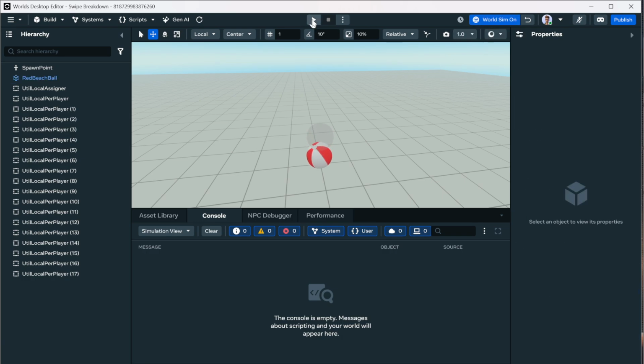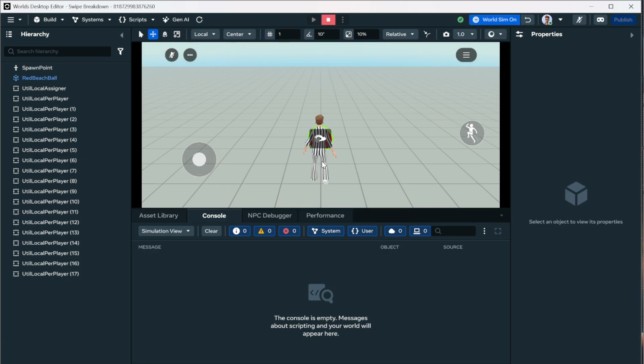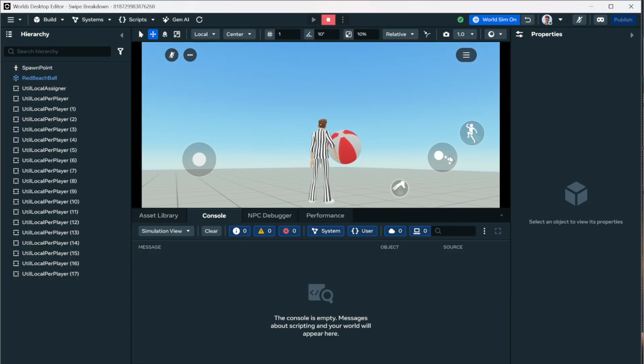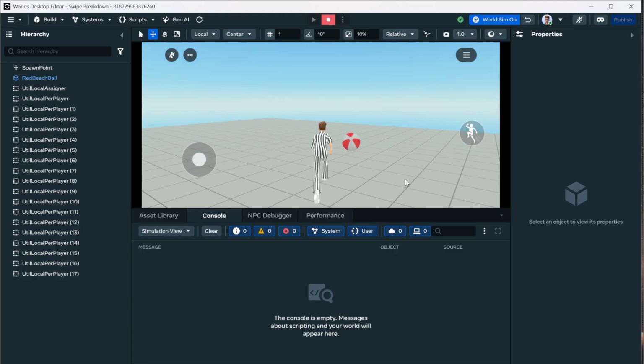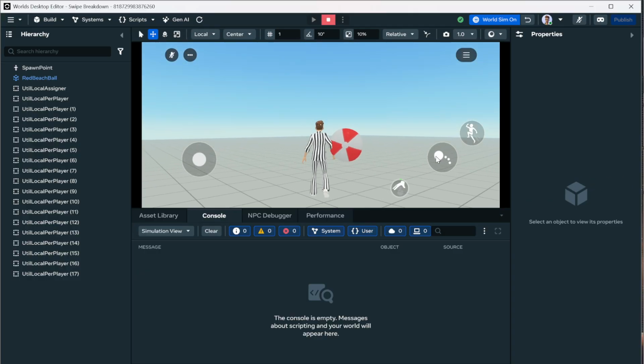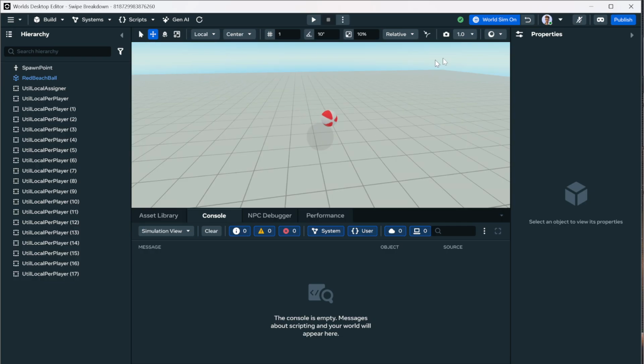World simulation on, preview, walking over, grabbing, still doesn't do anything. Click the throw icon and swipe. Nice. Running over. Let's go to the other side. Or I can pick it up, right? I can run around with it, and then I can hit the throw icon and swipe. I mean, come on now. Come on now. That's good. That's good. All right. So,